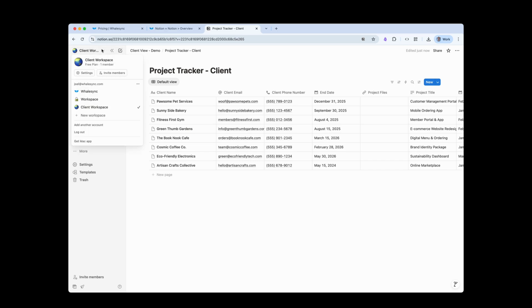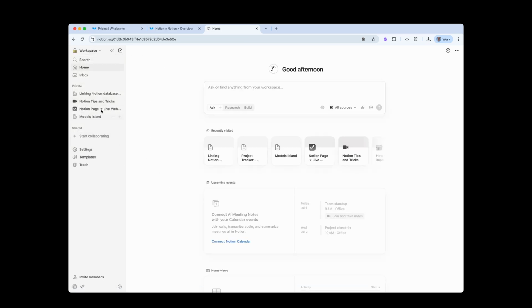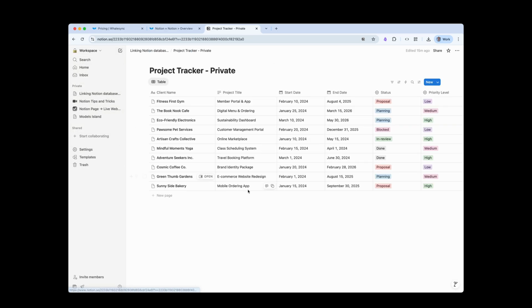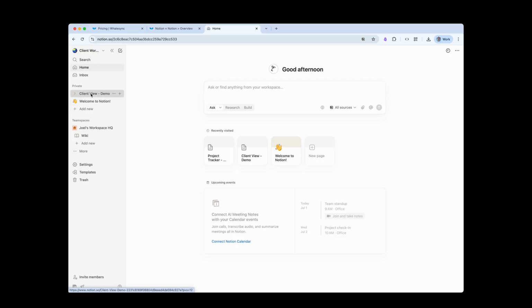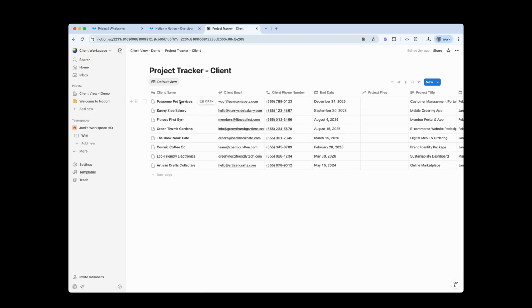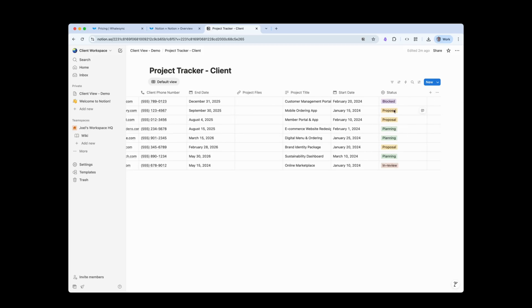And if we switch back over to our private workspace, we can see in here, here's the same information, right? But on this side, you can look, we've got 1, 2, 3, 4, 5, 6, 7, 8, 9, 10 different records. Whereas in the client one, we filter that down. If you remember, so we have 1, 2, 3, 4, 5, 6, 7, 8,